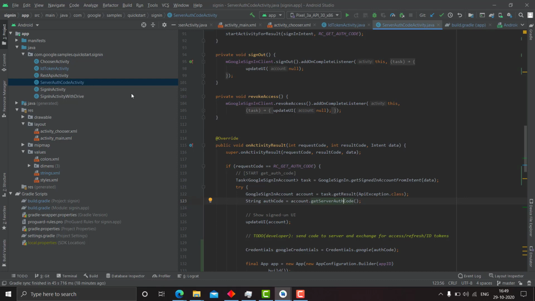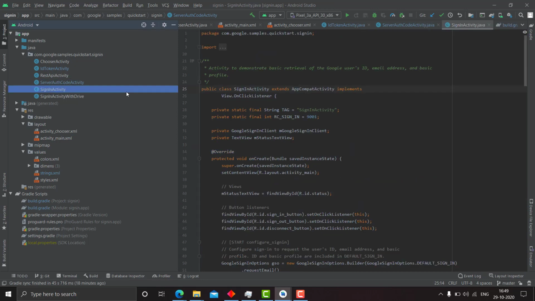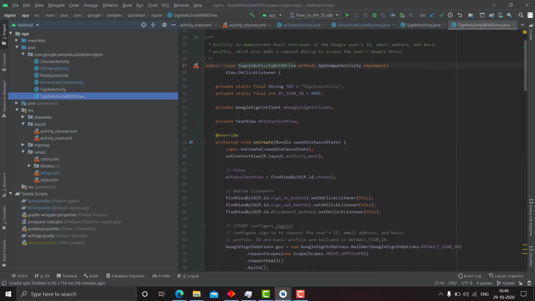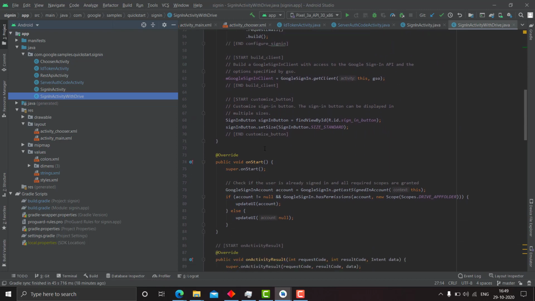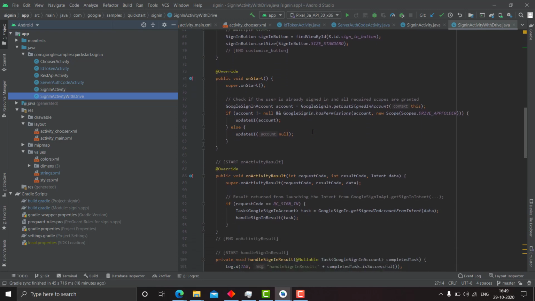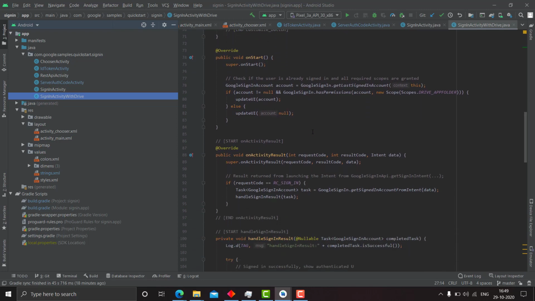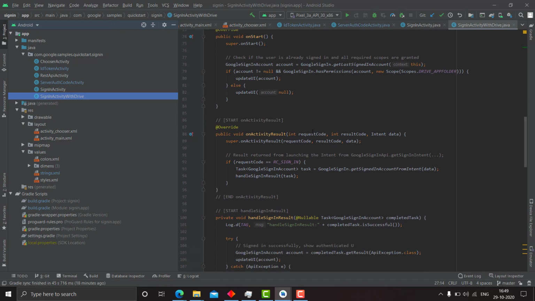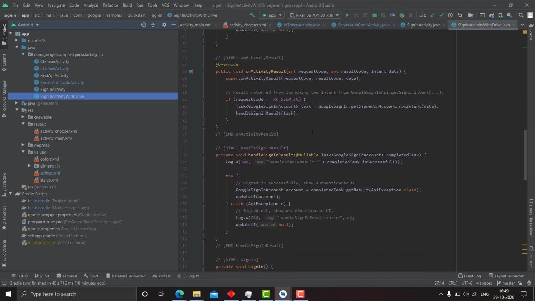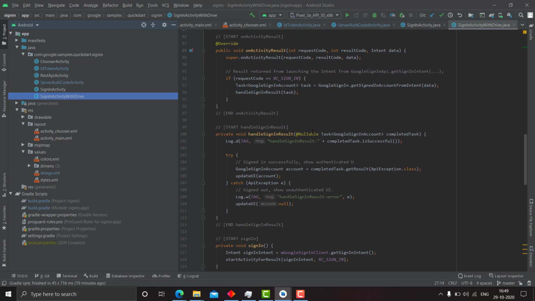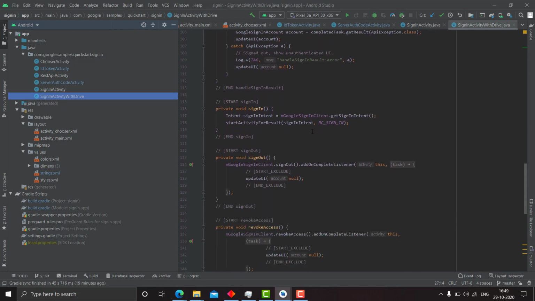Now moving on to sign in with Drive, we basically don't do much. We build the sign-in client as we had done earlier, and on clicking, we just request the Google sign-in client to give us access to the Drive. Wait, I will show you.